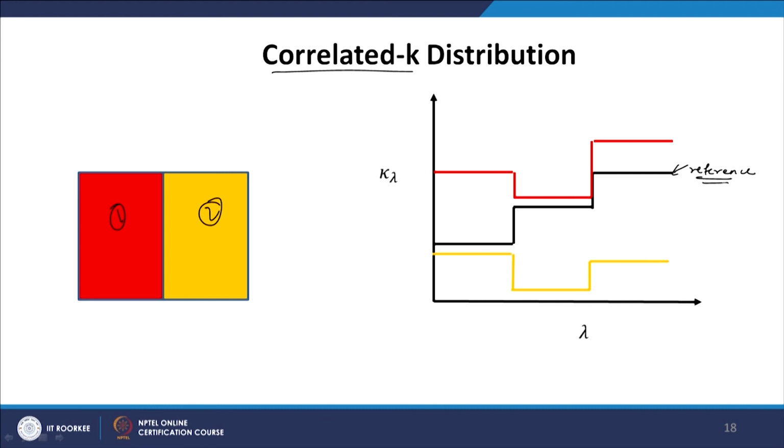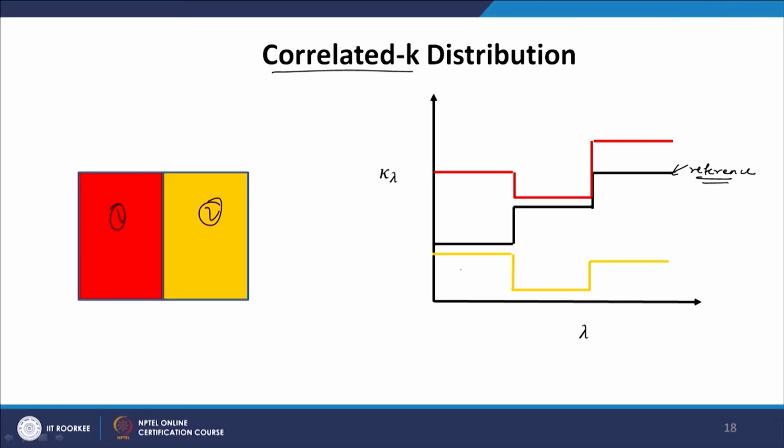Now what is meant by correlated K is that for all the values of lambda where kappa lambda has a unique value, those wavelengths will see a scale up, and the scale up may be different for different wavelengths. For example, cell 1 sees this scale up, but it is different for different wavelengths. Here it is small, here it is intermediate. So correlated K basically means that absorption coefficients are correlated. They depend on two values: one, the gas state phi, but they also depend on the value of the absorption coefficient at the reference state, kappa lambda phi naught.